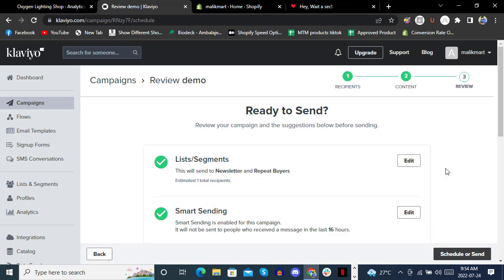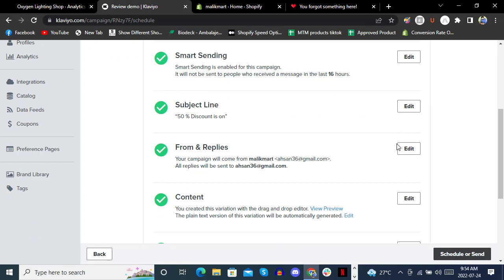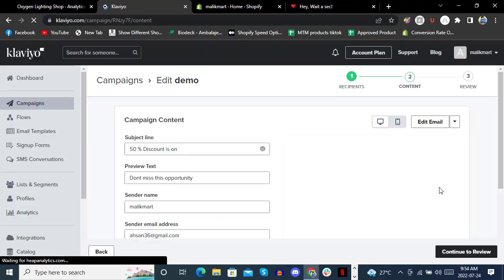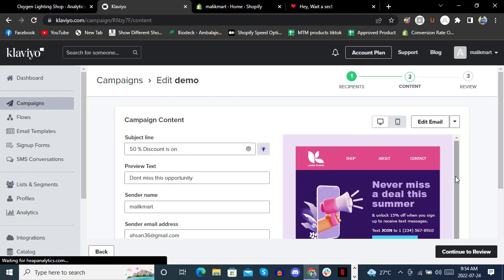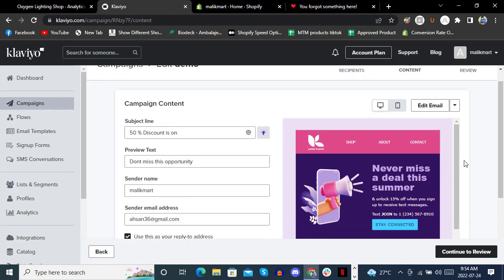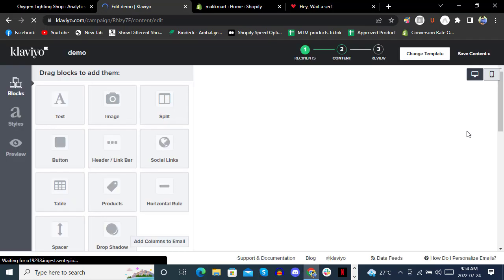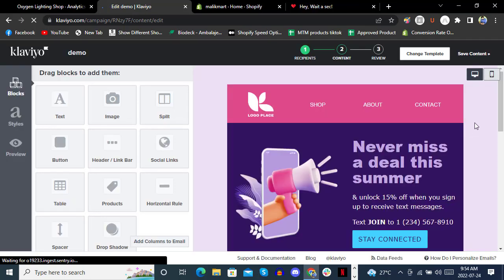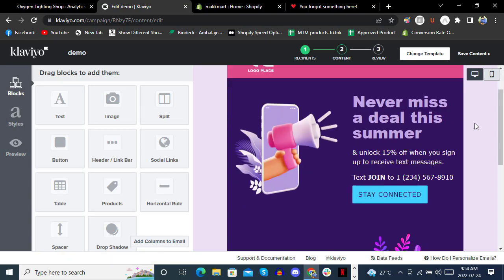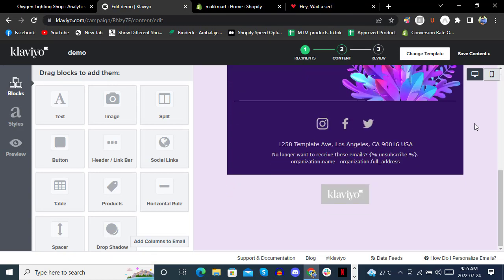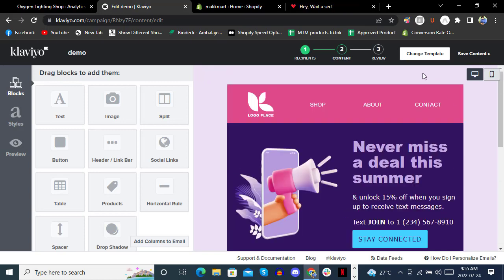Before going to click on it, we will just click on here content, edit, and this will be the email content, and you can click on edit email here. We are doing this just to preview the example, to review how it looks like. And just click on review,